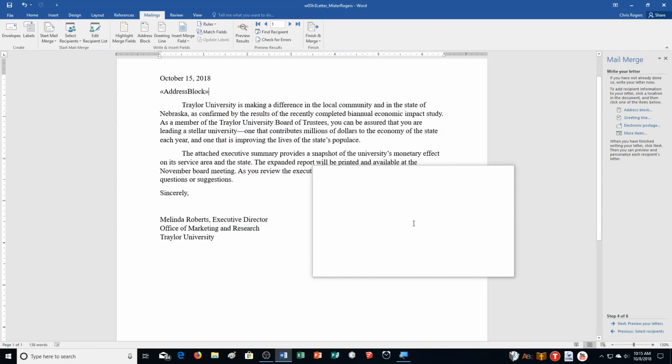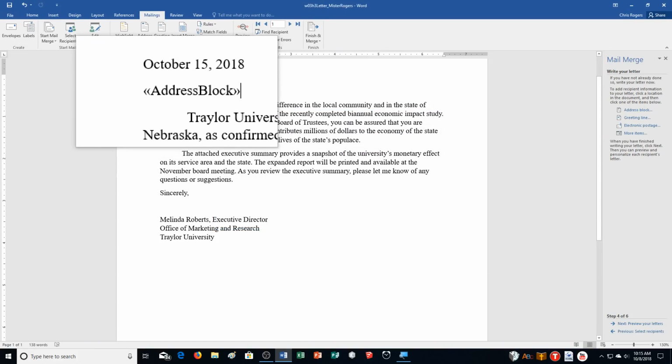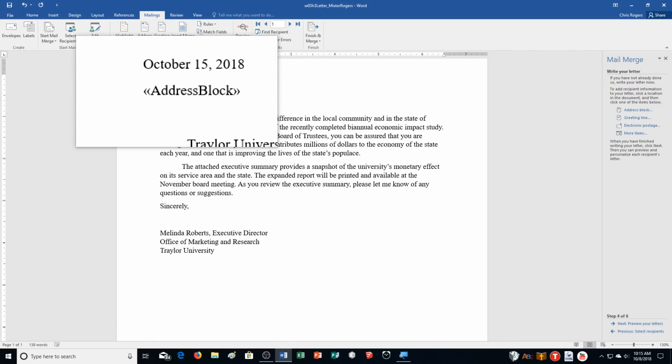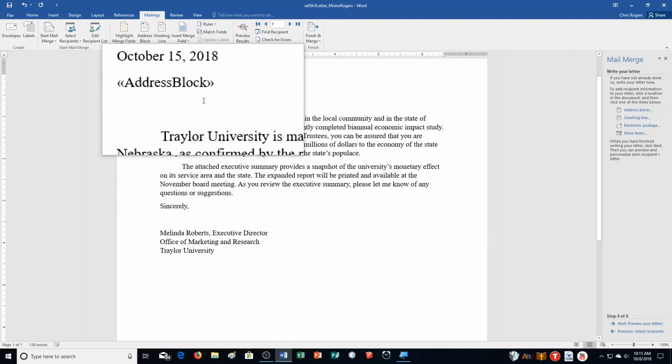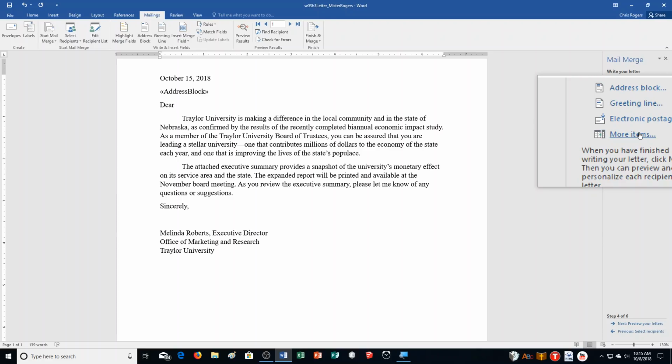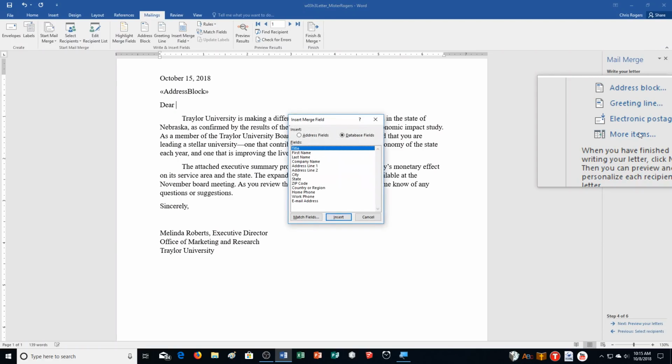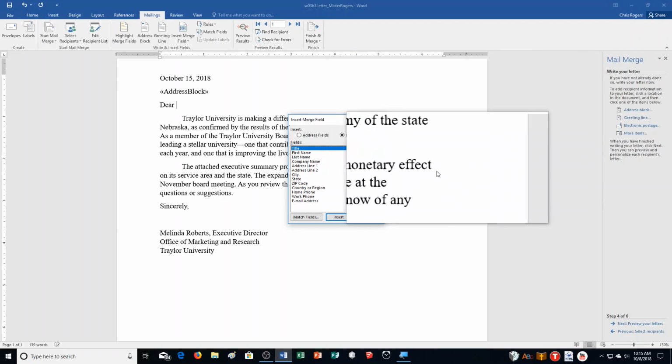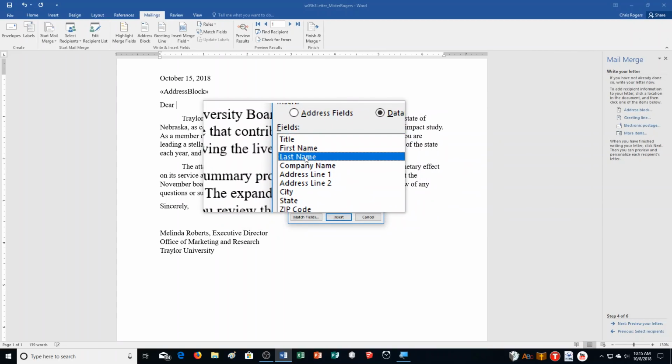Then you'll notice here it has address block. Now we're going to push enter, and we're going to type dear, then press your space bar. Then we go back to the mail merge pane, and we're choosing more items, and then we're going to click last name, and then we're going to choose